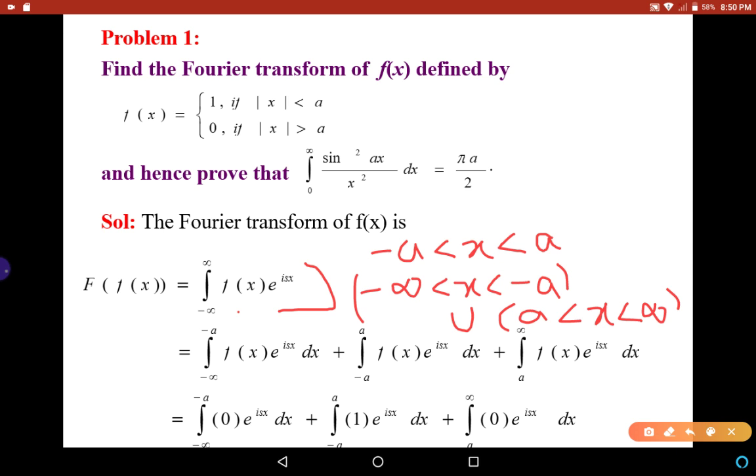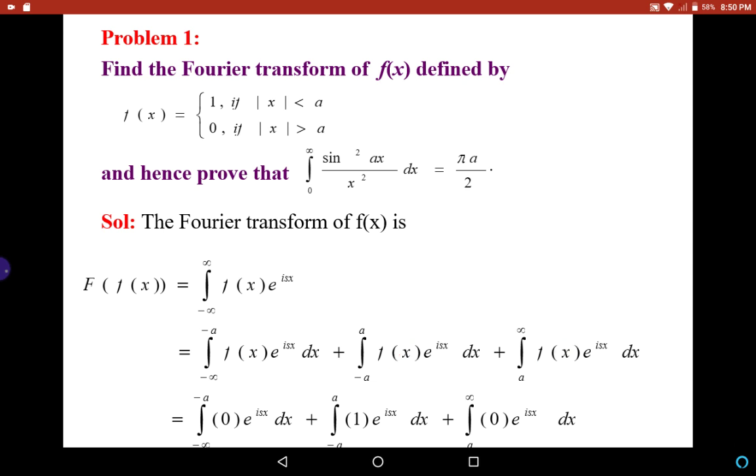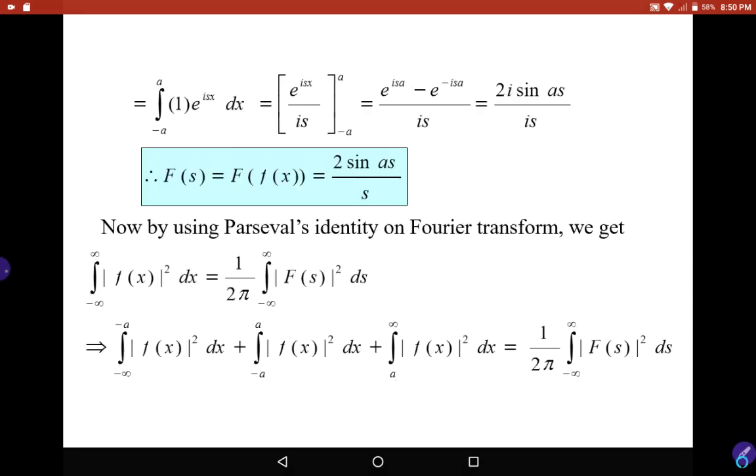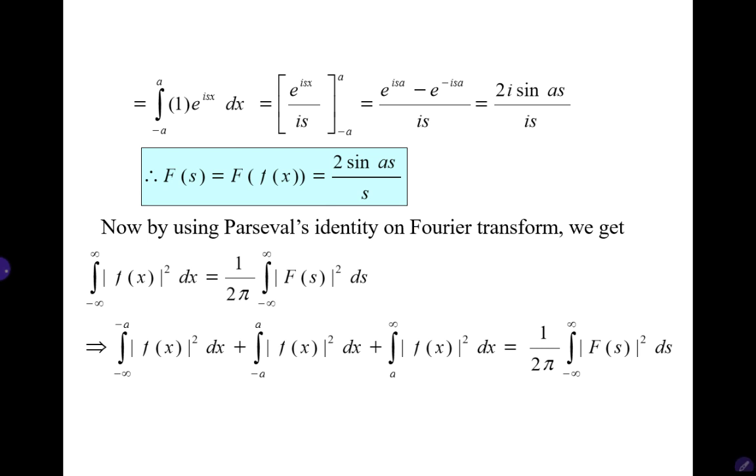Now in the interval minus infinity to minus a, f(x) is 0. Therefore here in place of f(x) in this integral we write 0. And in the interval minus a to a, f(x) is 1. So in place of f(x) here we write 1. And again in the interval a to infinity, f(x) is 0. Therefore this f(x) is 0 here. So after substituting the values of f(x), we will remain with the integral from minus a to a of 1